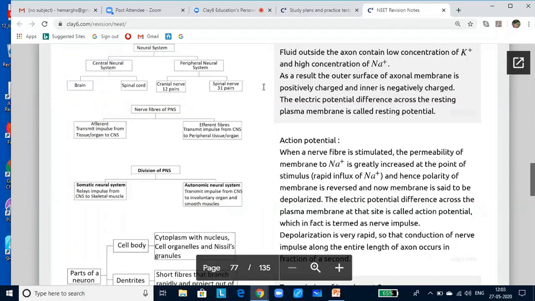The sympathetic nervous system increases the defense system of the body against adverse conditions. It is active in stress conditions like pain, fear, and anger. Parasympathetic nervous system provides relaxation, comfort, pleasure at the time of rest. It helps in restoration and conservation of energy. And somatic nervous system relays impulses from the central nervous system to skeletal muscles. Now, I hope you have understood this.